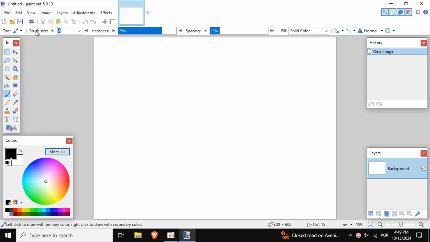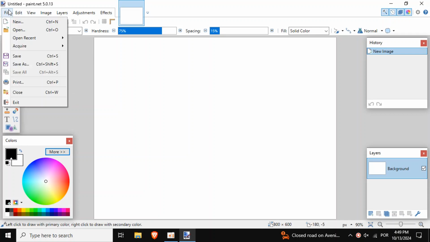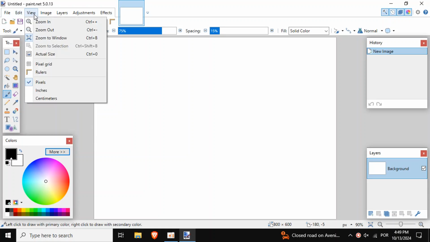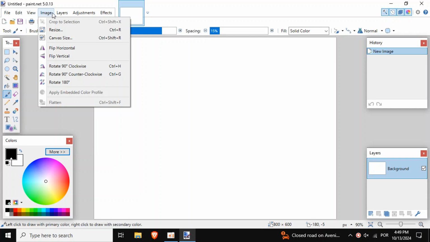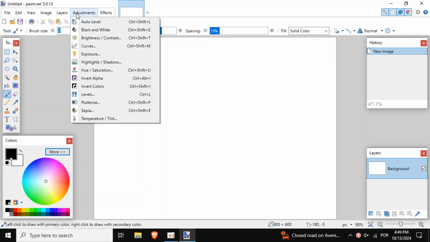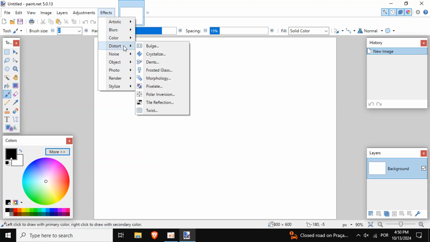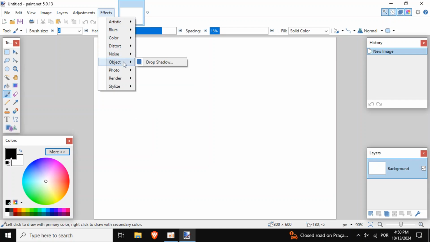It features an intuitive and innovative user interface with support for layers, unlimited undo, special effects, and a wide variety of useful and powerful tools. An active and growing online community provides friendly help, tutorials, and plugins. This great software is free to use and no ads.